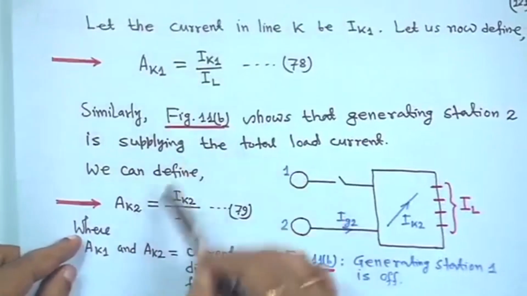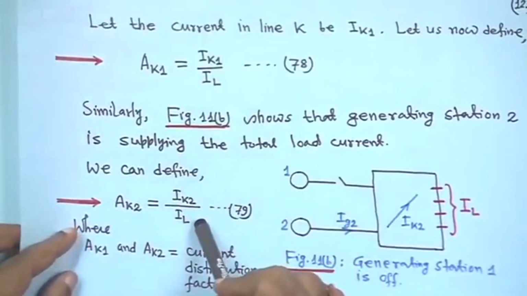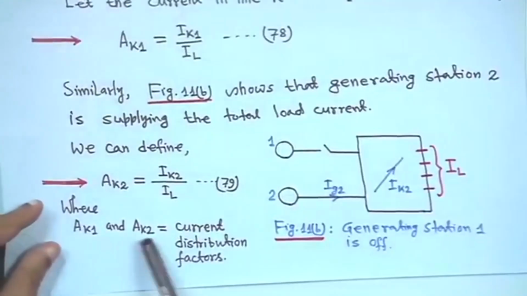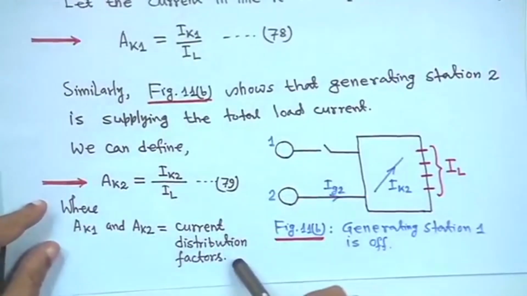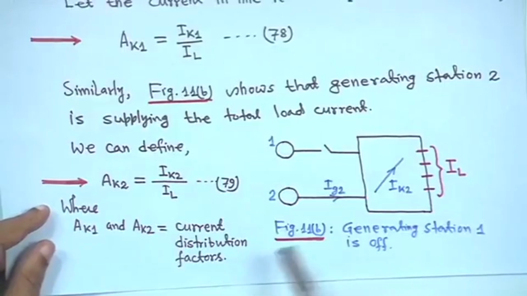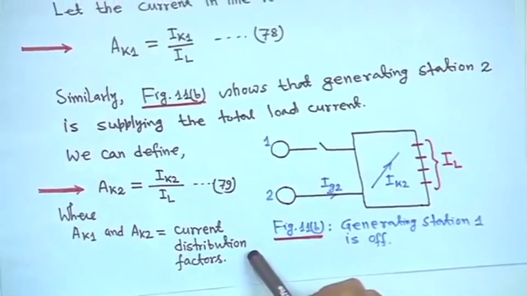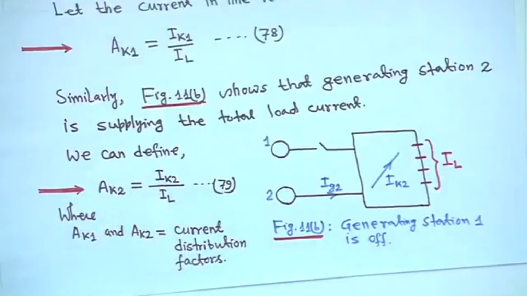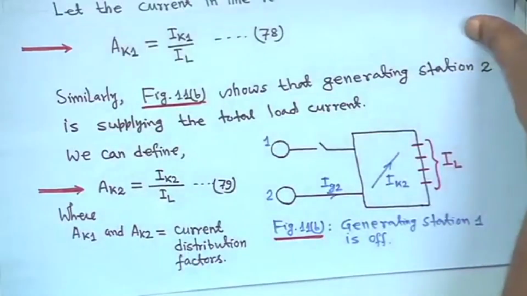So these A_k1 and A_k2 terms are defined because we have to make some approximation. A_k1 and A_k2 we generally call the current distribution factors. So once we make such an arrangement for analysis,